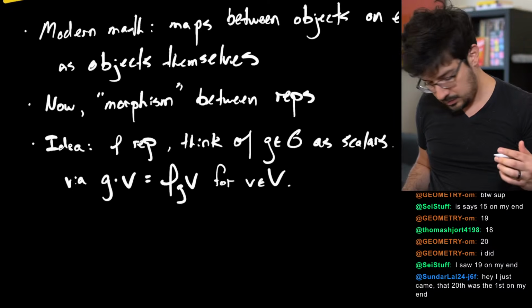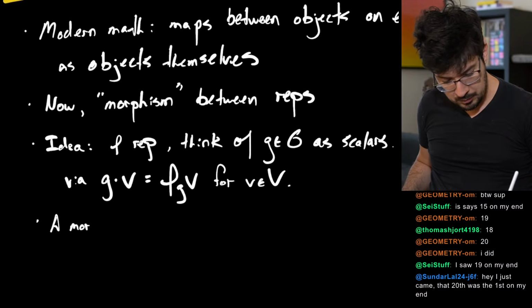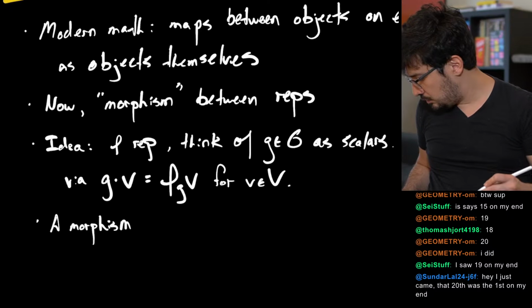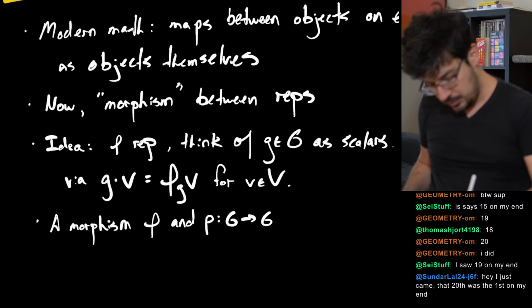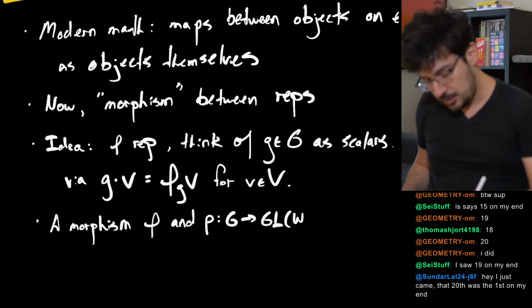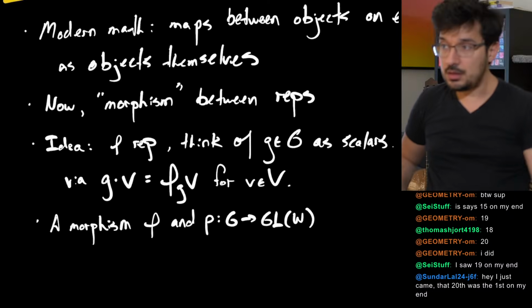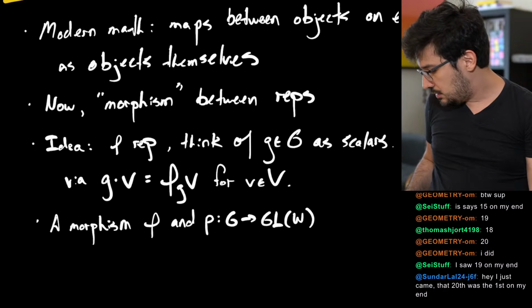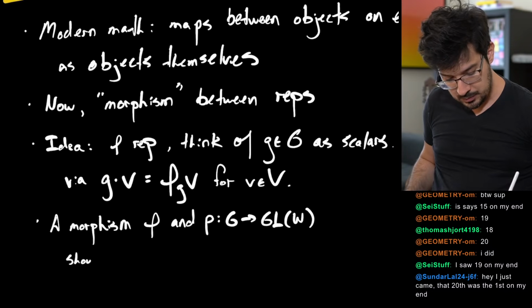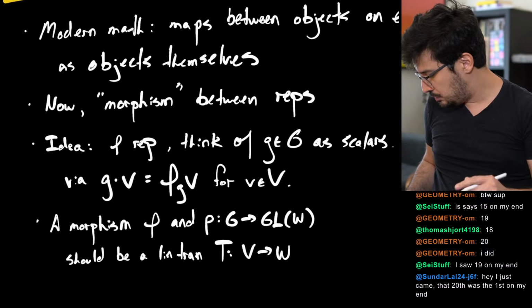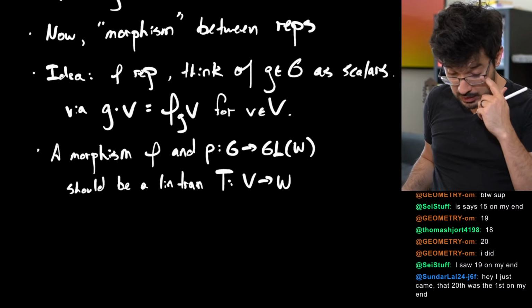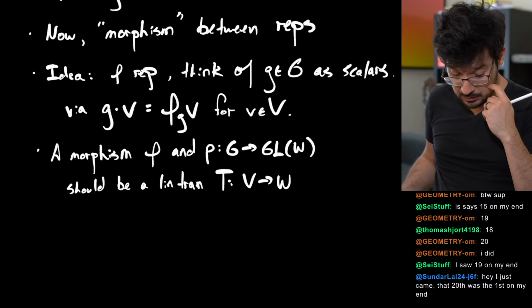A morphism between phi and rho, where rho is a representation into a secondary vector space W, should be a linear transformation. Okay, so if we have a linear transformation between the vector spaces, then